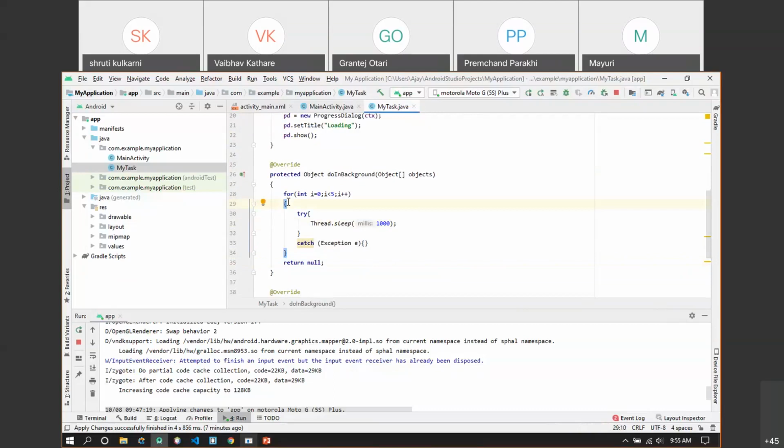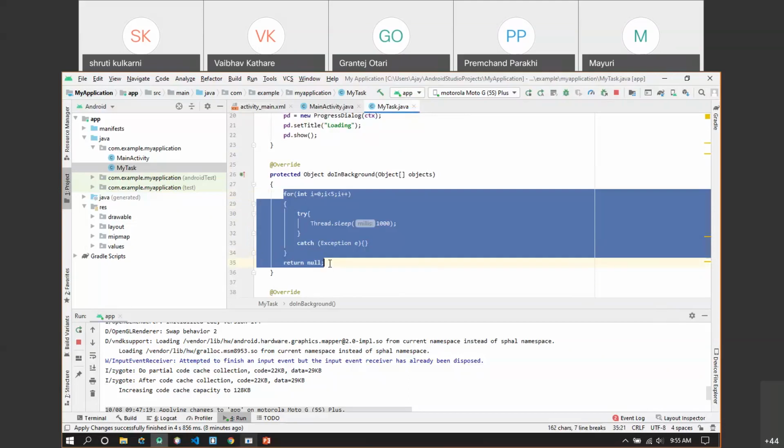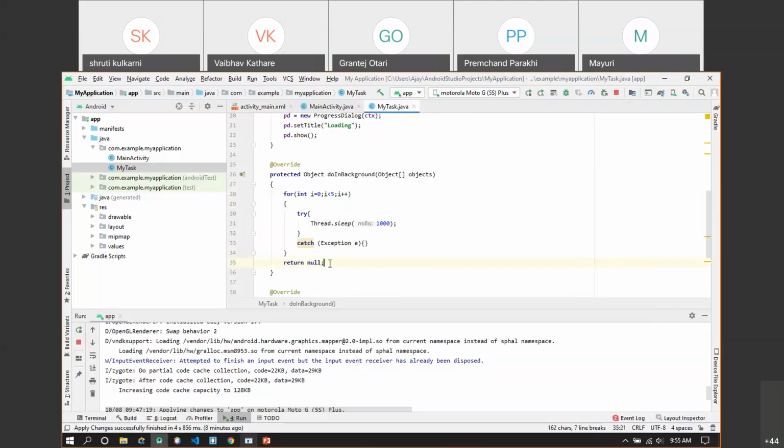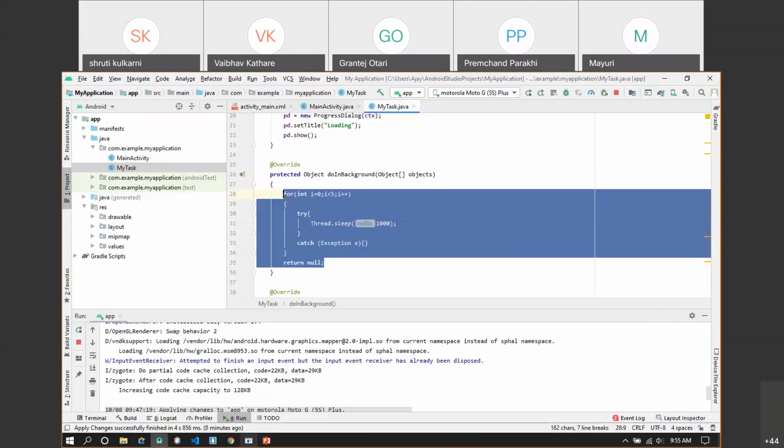How much time will be taken to upload the image depends upon, first, the size of the image, and second, the quality of the network connection, or the speed of the network that you have at that particular point. So it's impossible to identify how much time it will take to upload that image. What I am trying to say is, doInBackground will be performed till the operation is complete. So doInBackground will be executing till the image is uploaded,